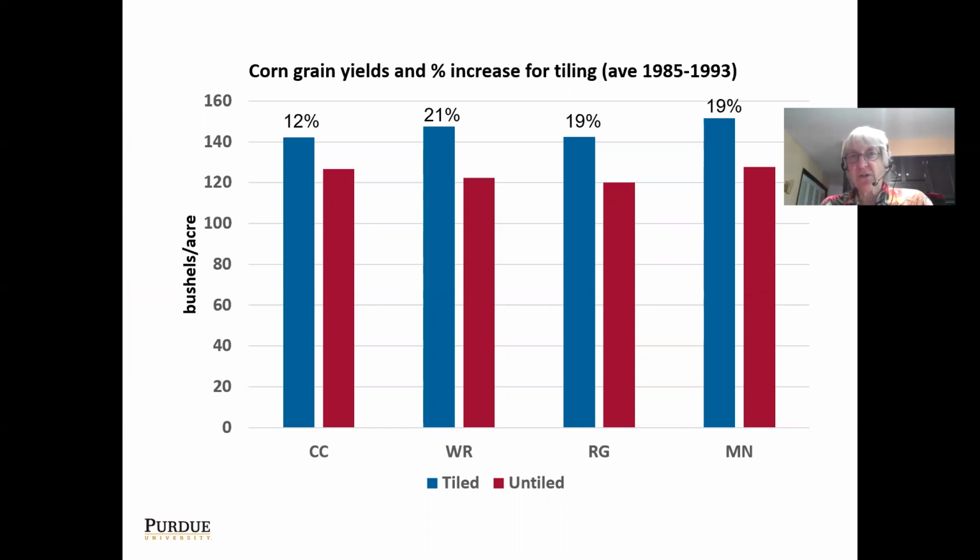So this was a 9-year experiment done from 85 to 93. The blue bars are tiled, the red bars are untiled. So you can see here that for continuous corn, there was a 12% yield benefit to tiling compared to untiling. But where we had other conservation practices, there was about a 20% yield increase for the tiled compared to the